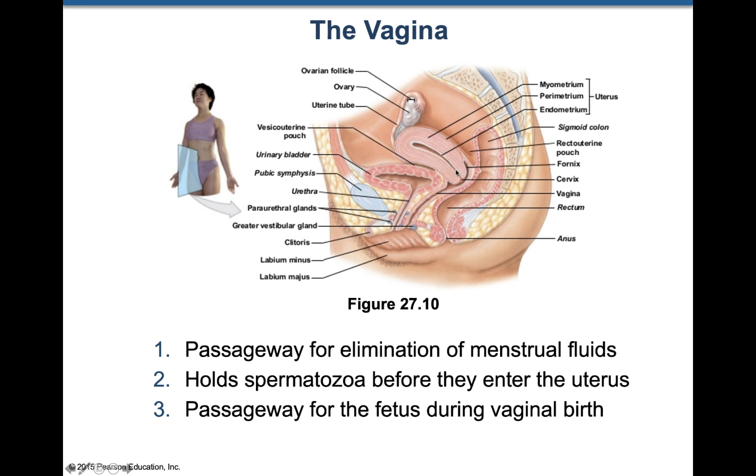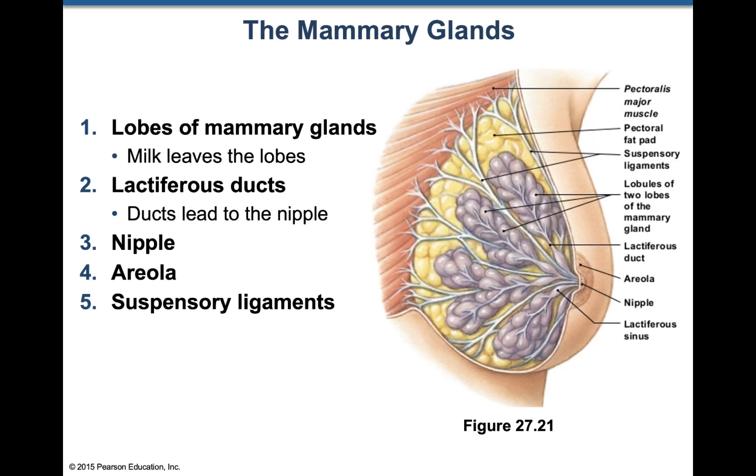So this is where they're going to enter before they enter the uterus. And it's also going to be a passageway for the fetus during birth. So it's a forming portion of the birth canal. Okay, so we also have mammary glands in the reproductive system, because there are hormones that are controlling the milk